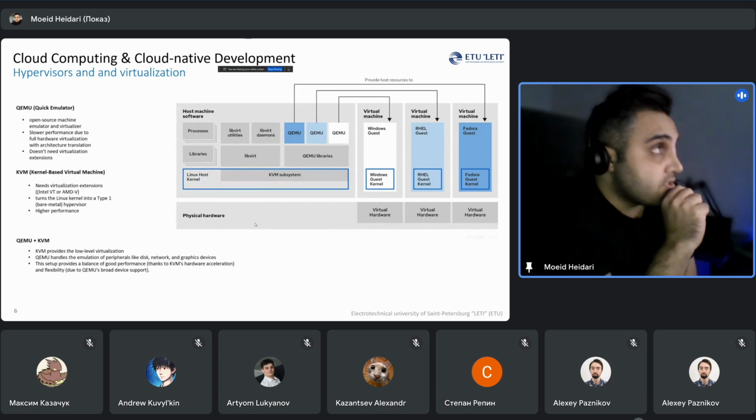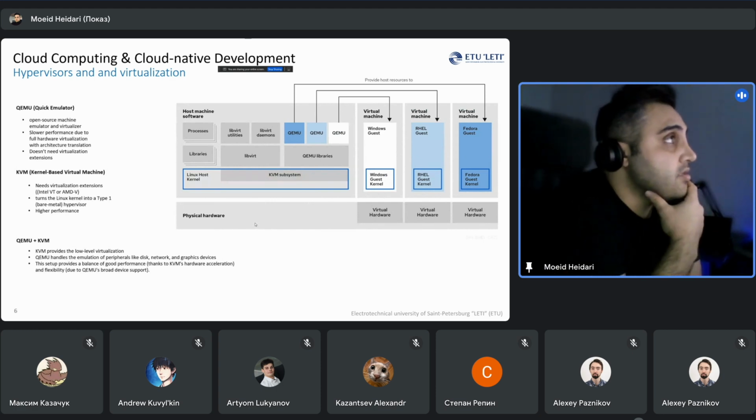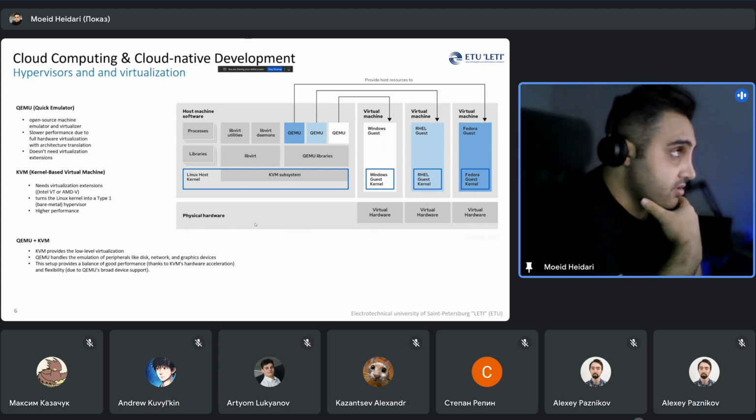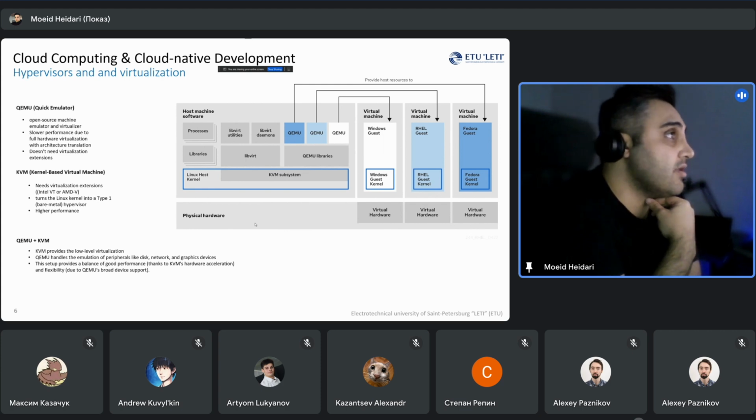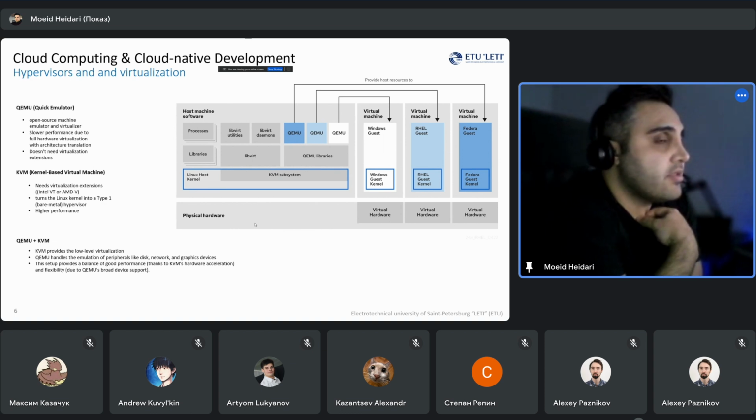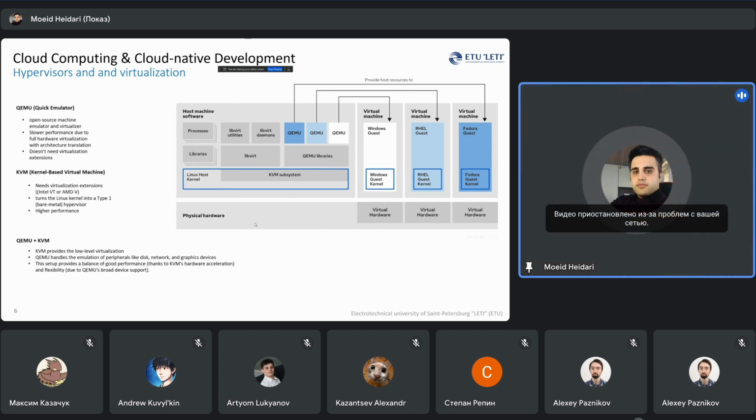So yeah, continuing on hypervisors and virtualization, we have something called QEMU, or Quick Emulator, which is the open source machine emulator and virtualizer. Most of the time it actually works over the KVM. So the job of the QEMU is just